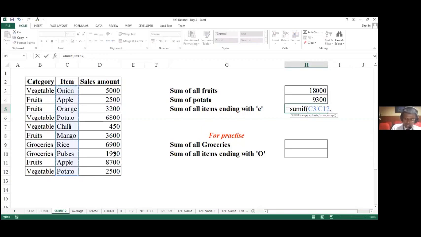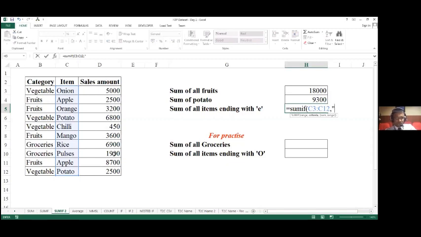Since it's a logical criteria, I have to mention it with open quotes. But here, my requirement is to identify items which are ending with E. One way is to sit and type all three criteria individually: orange, apple, rice.